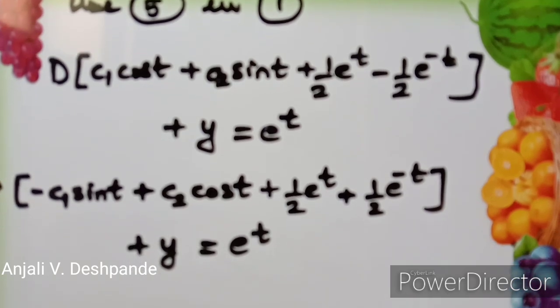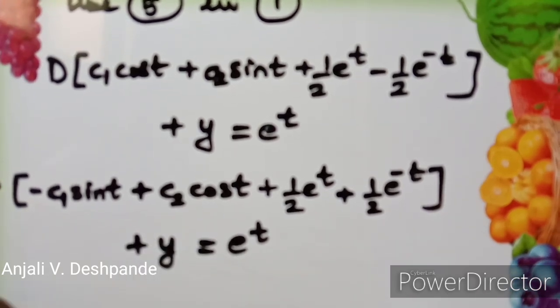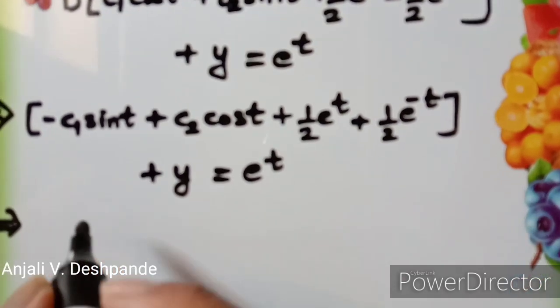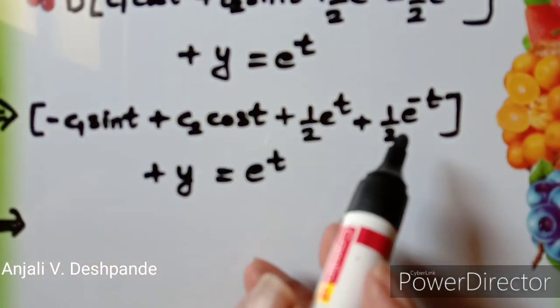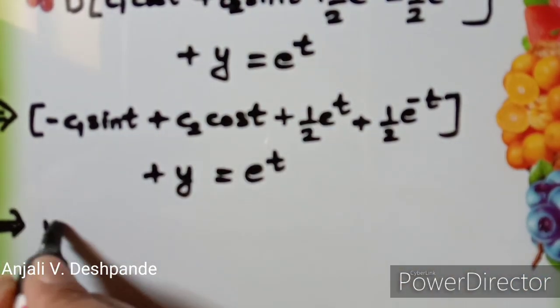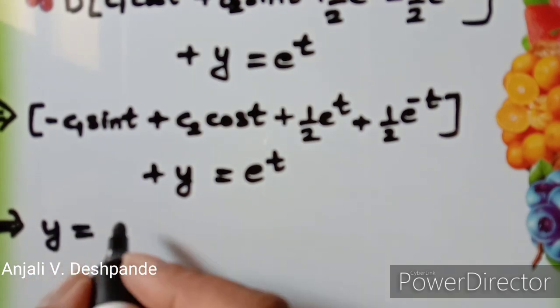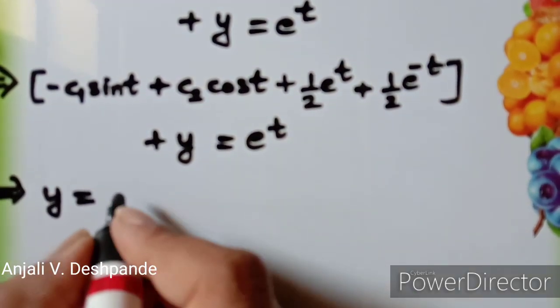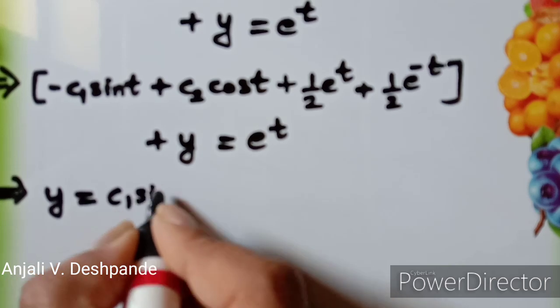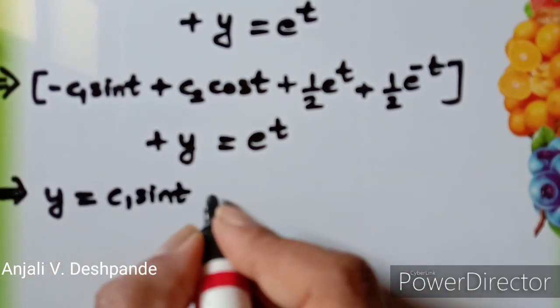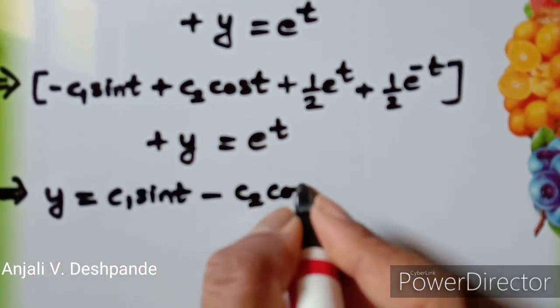So now we will shift the terms to the RHS so that I will get the value of y. So y is equal to now C1 sin t minus C2 cos t,